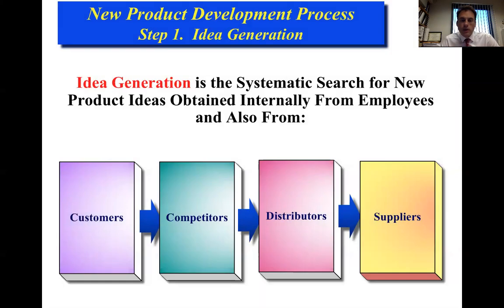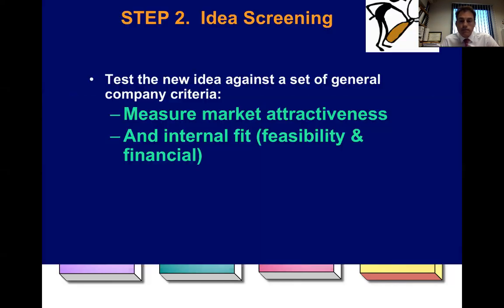So the first step is to identify maybe a need, identify something different, identify it through discussions with the customers, research through the customers, but also looking at what your competitors do. Maybe the distributors, since they're interacting themselves with customers, you could have some ideas. But also talking to your suppliers, who may have identified some new elements that you could use in creating new products, as long as these make sense for the customers.